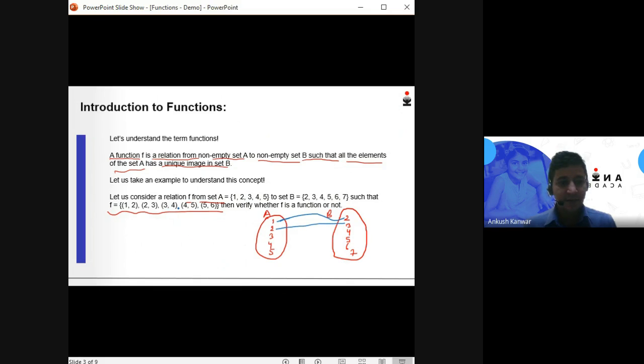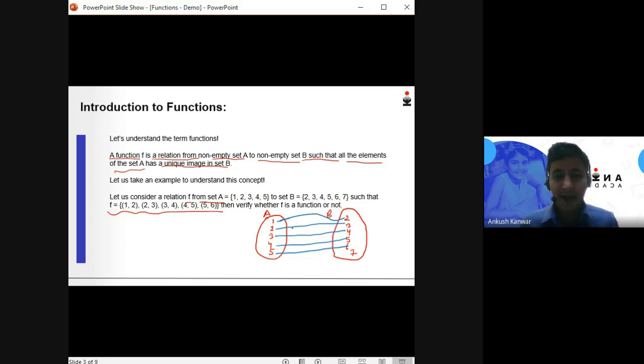Your next element is (3, 4), so 3 is linked to 4. The next element is (4, 5), so 4 is linked to 5. And the last element of the relation f is (5, 6), which means that 5 is linked to 6.